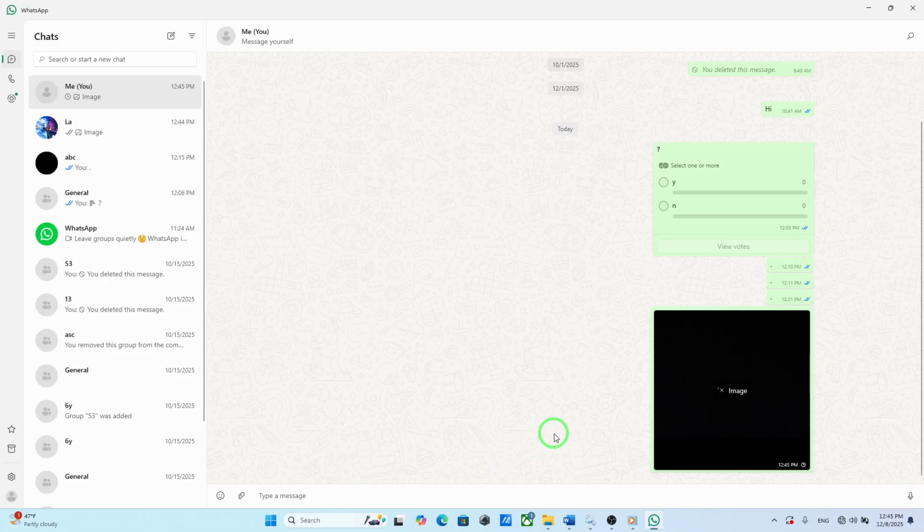With HD quality selected, take a moment to review the image one last time in the chat preview. If everything looks right, tap Done. This confirms your selection and prepares the photo for sending at its highest possible quality. Finally, press the send button to share the image with your contact or group. The recipient will receive a clearer, more vibrant photo, and you'll notice less distortion and better overall sharpness compared to